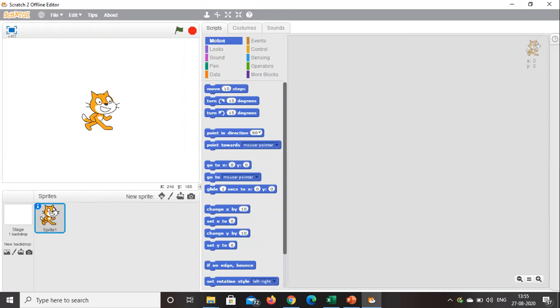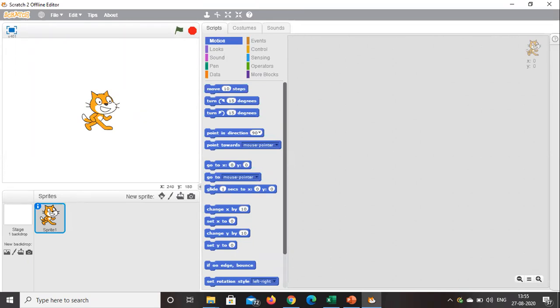Okay. So here on the top you are able to see a green color flag and a red color button. Whenever you click on the green flag, whatever scripts we have written will be activated. And once we click on the red button, whatever scripts have been activated will be deactivated. That means they will be stopped.